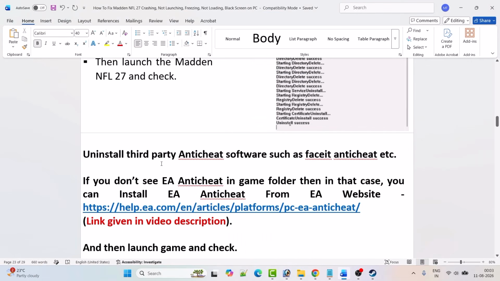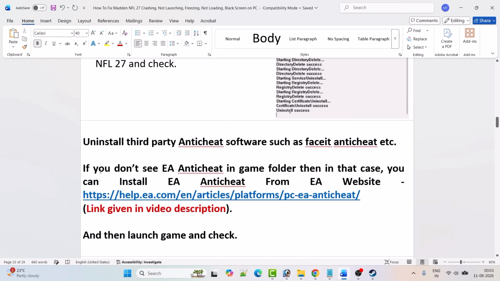If you have installed any third-party anti-cheat software such as FACEIT anti-cheat, etc., then uninstall any third-party anti-cheat software. You can also uninstall Vanguard if you're playing Valorant or League of Legends, and then launch the game and check. Now if you don't see EA anti-cheat in the game folder, then in that case you can install EA anti-cheat